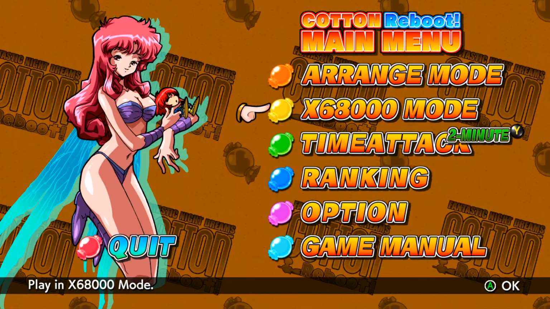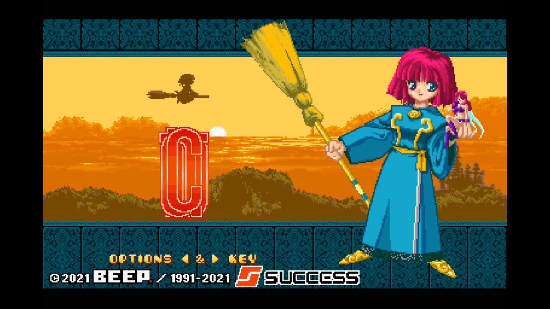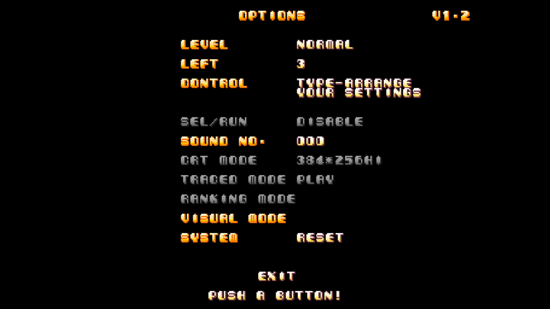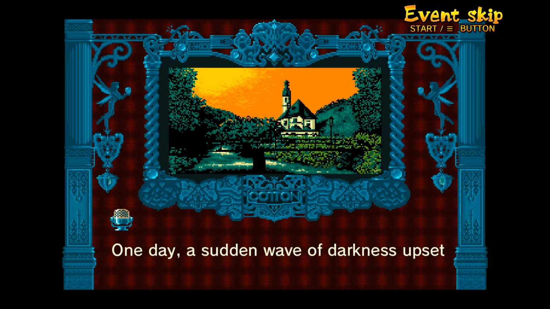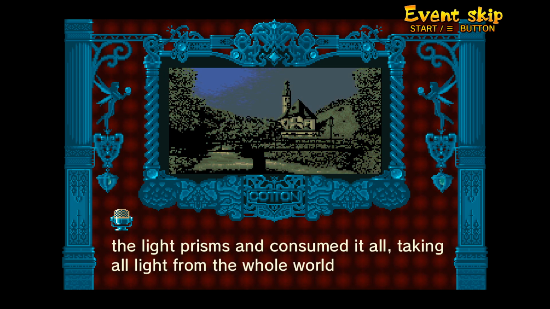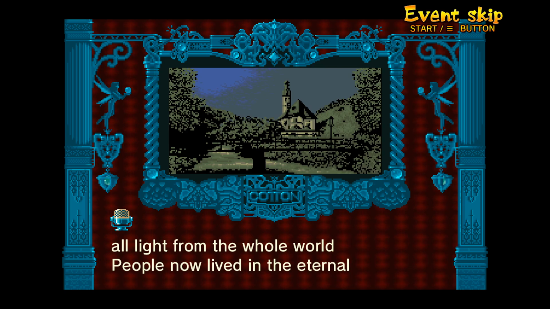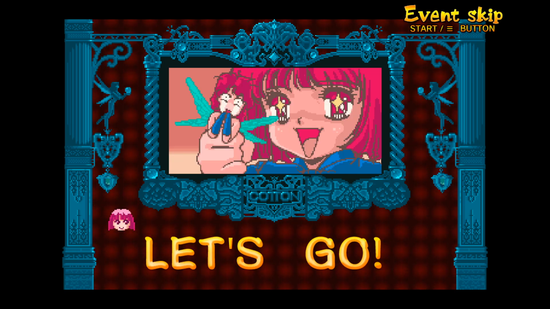Choosing the X68000 mode shows how close this version was to the arcade original, with the changing day to night background. There's also an options menu where you can tweak various settings, but no demo. The game begins with a version of the intro animation. The artwork here is very similar to the arcade, but the copy has been rewritten with less English mistakes. I won't play it all through here, but